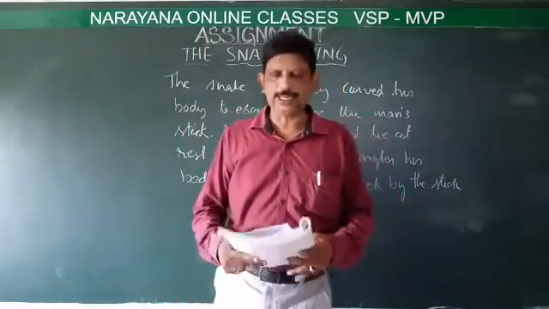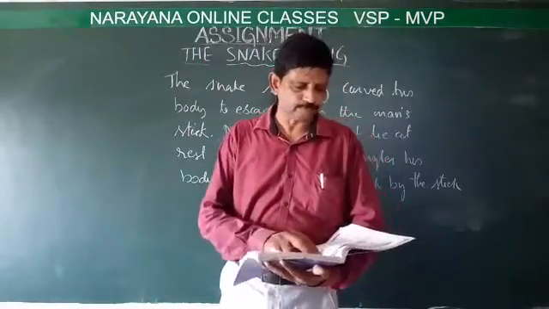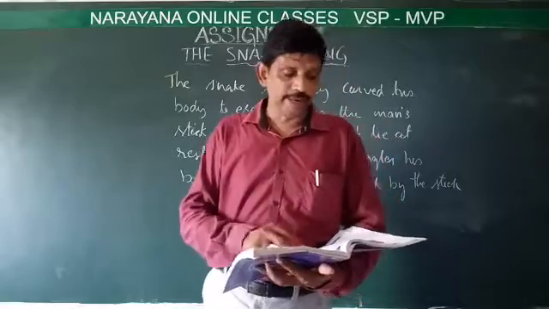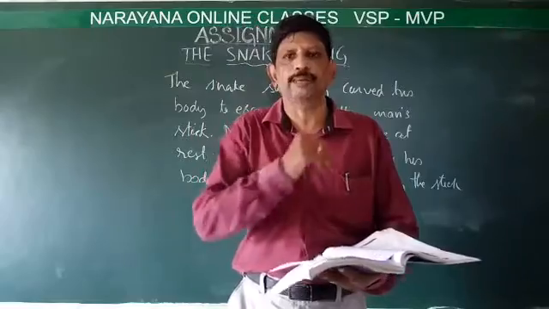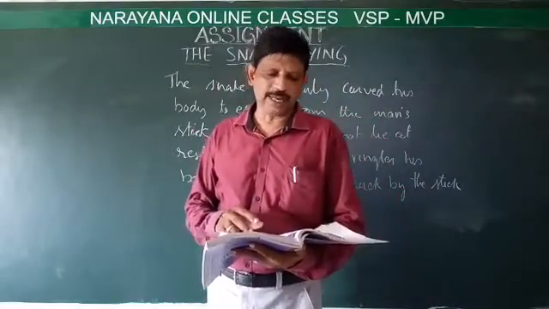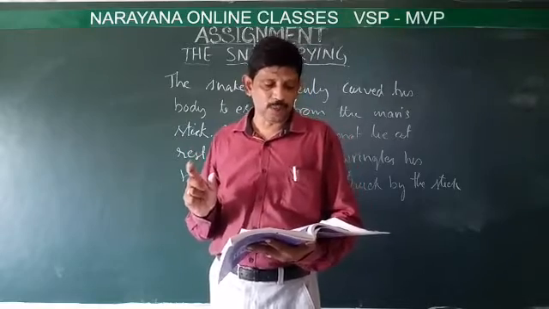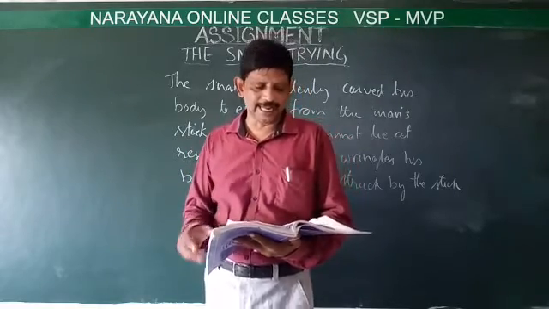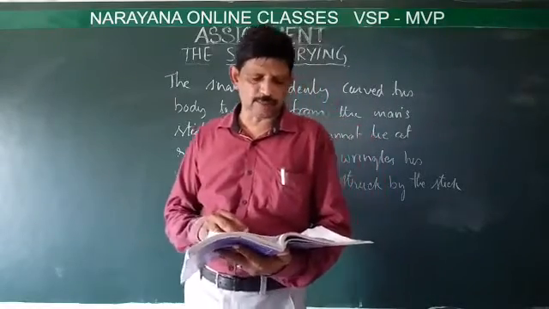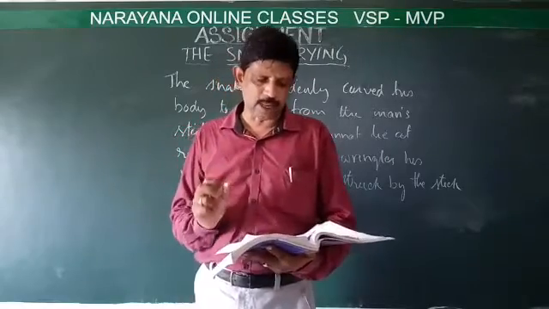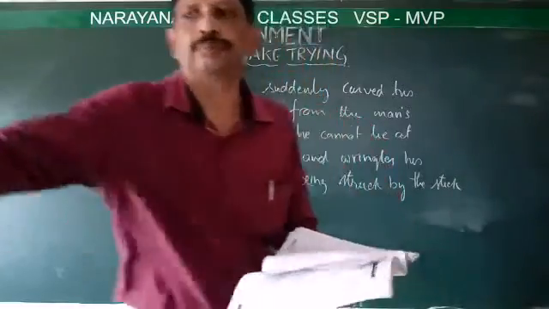Now let us see the next question. Let us see. I will be reading. Please note down. How does the snake look when he curves his slender body? While curving his slender body with quick movement to avoid being attacked, the snake looks quite fascinating and elegant to the poet. The various shapes formed by the twisting and turning of his body do not at all look frightening or ugly. I will be writing on the board.